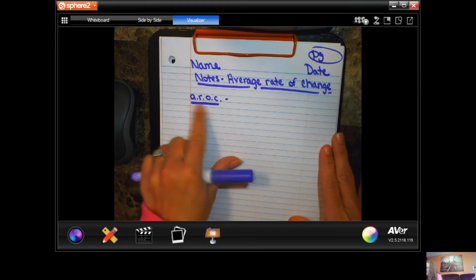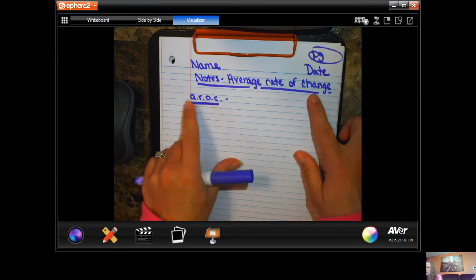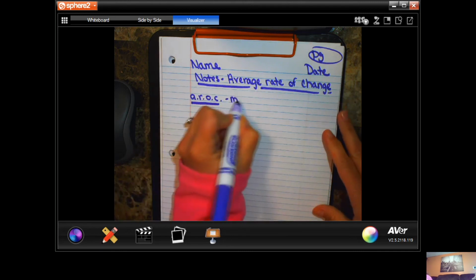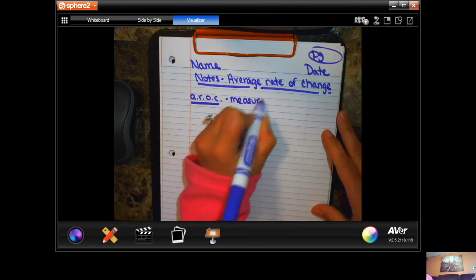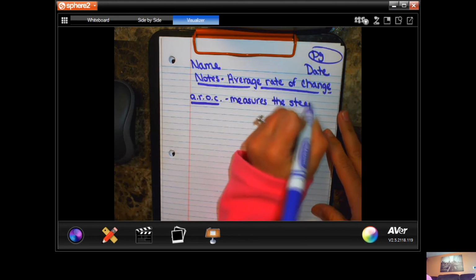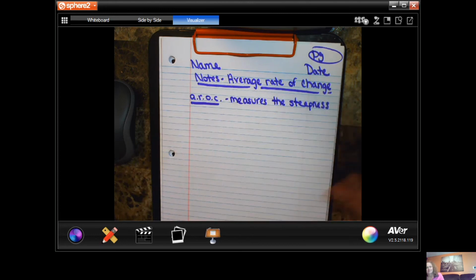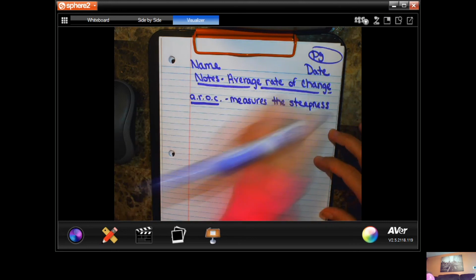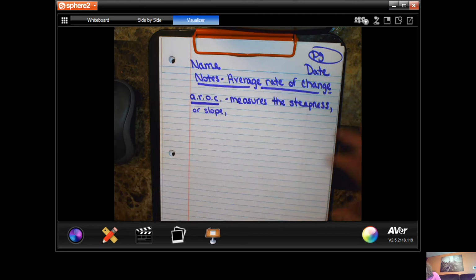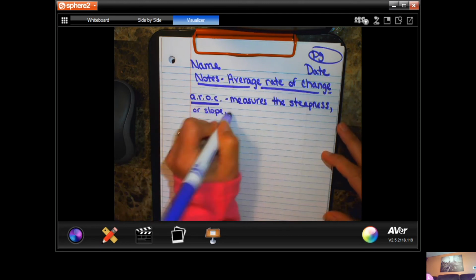and I abbreviated it so we wouldn't have to write that out forever. So that's just average rate of change. So average rate of change, if you've done slope before, it pretty much means the same thing, but it's just over a tiny interval. So can you write measures the steepness, or slope, of a function